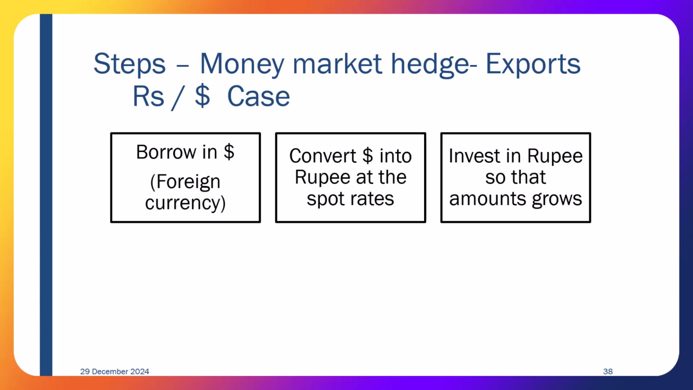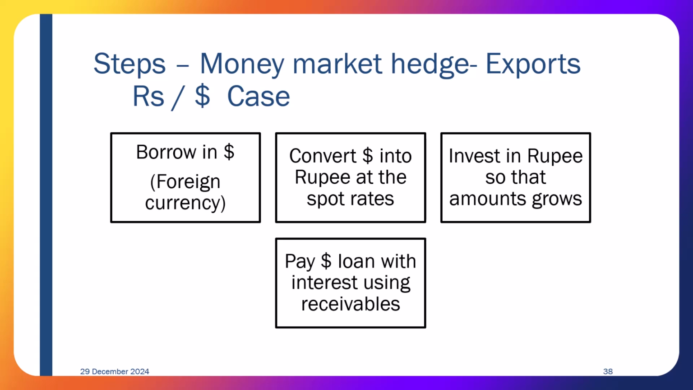ओके, pay the loan with interest using receivable. जो आपको पैसा मिलेगा जिस दिन, उससे आपने जो बोरो करा था डॉलर वो पे ऑफ कर दो। आपको 6 महीने का पैसा मिलेगा या 3 महीने का मिलेगा, तो आपने 3 या 6 महीने के हिसाब से बोरो कर लिया। अब वो जब उस दिन आपको पैसा देना पड़ेगा जिससे बोरो करा और आपके रिसीवेबल्स खड़े हुए हैं, वो दोनों आपस में नॉक ऑफ हो जाएंगे।